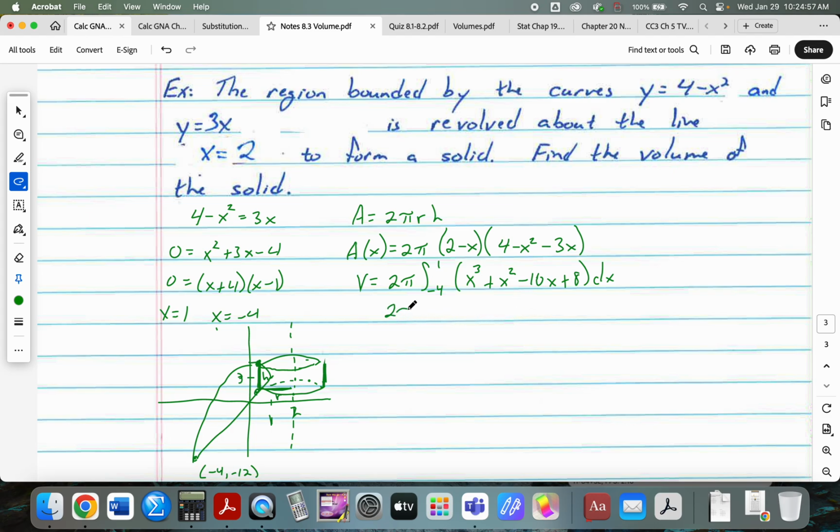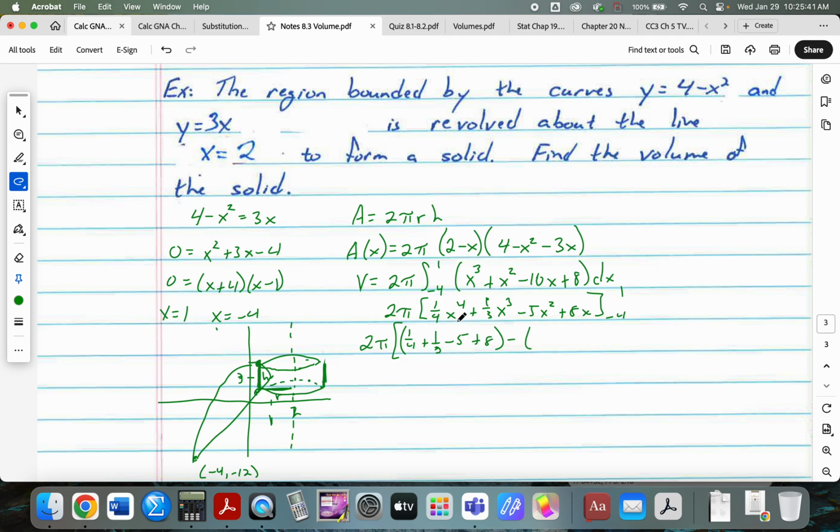So let's see, this is going to be 2 pi times 1/4 x to the 4th plus 1/3 x cubed minus 5x squared plus 8x, all from -4 to 1. So that's going to be 2 pi times, let's see, we'll have 1/4 plus 1/3 minus 5 plus 8, all minus,